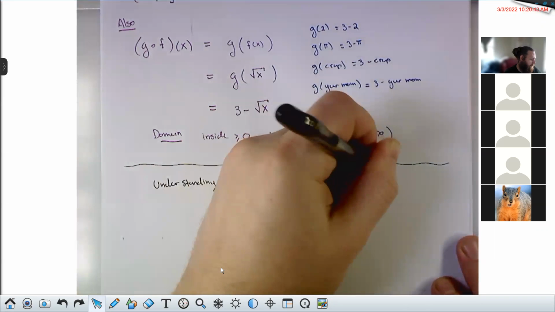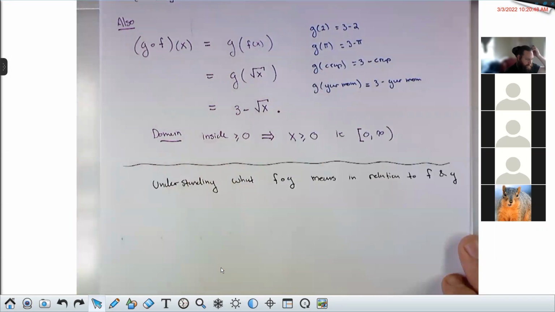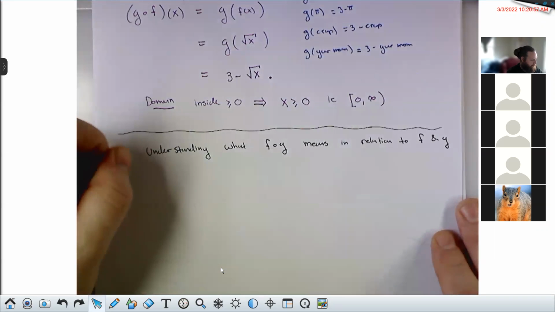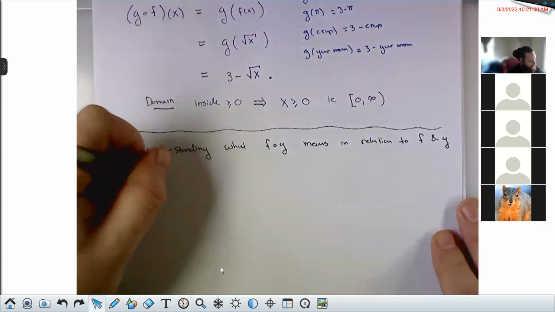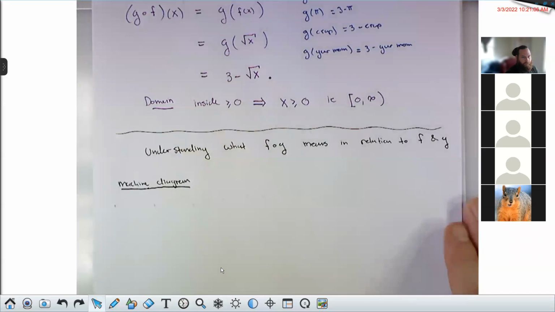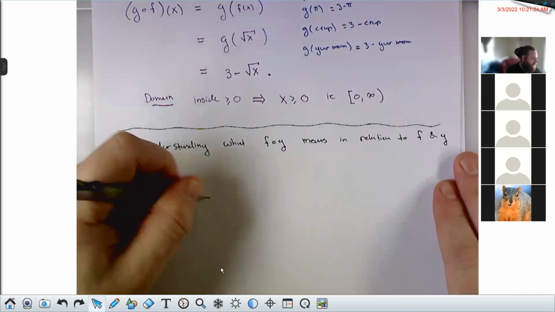So if you want to understand what f circ g means in relation to the functions f and g, there's a few ways you can do this. My favorite is using something called a machine diagram. So functions can be represented as kind of like machines on an assembly line. Inputs come in, the machine is the function, the machine does something to that input, and then it sends out an output. So if you think of the F machine on an assembly line,